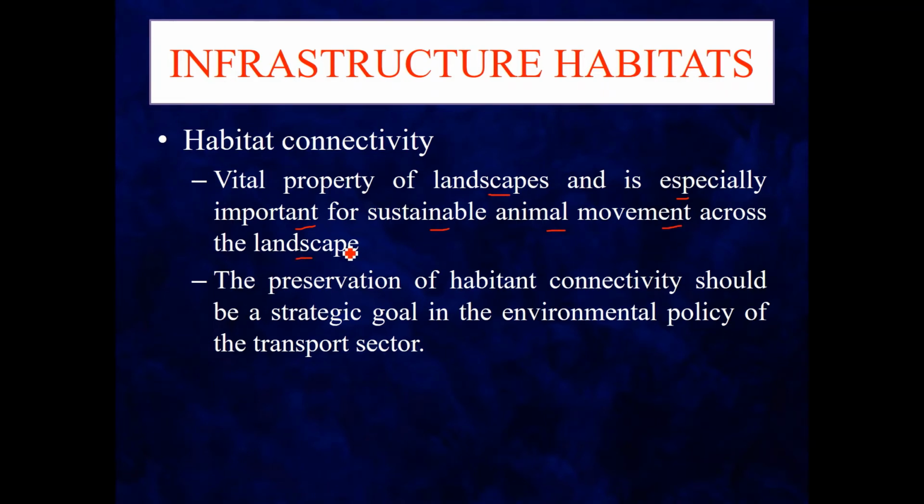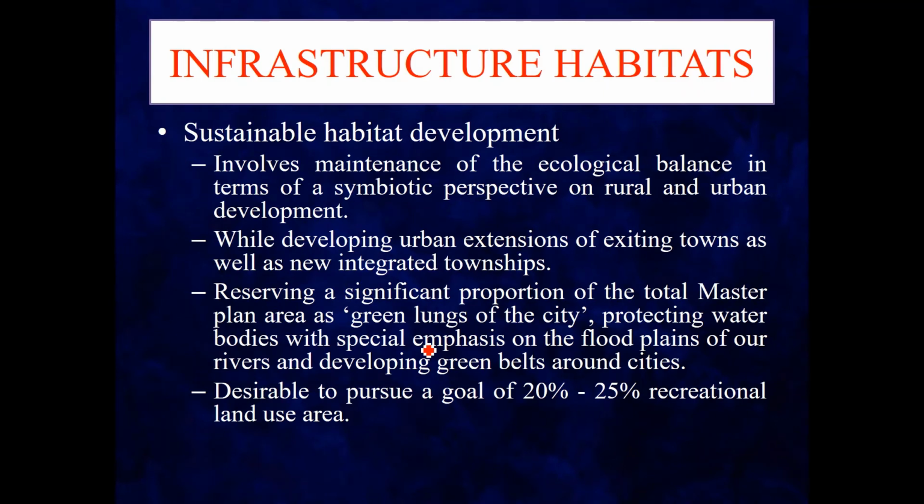Sustainable animal movement across the landscape, the prevention of habitat fragmentation, connectivity should be a strategic goal in the environment policy of the transport sector. Now, sustainable healthy habitats development. How do we develop habitats with sustainability? It involves maintenance of the ecological balance in terms of symbiotic preservation of rural and